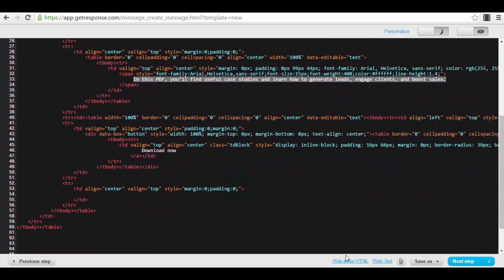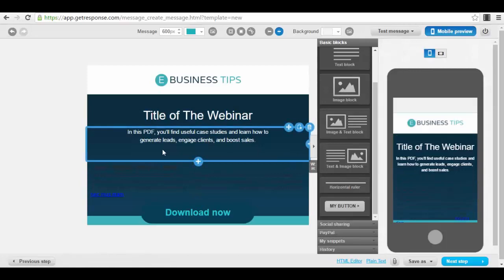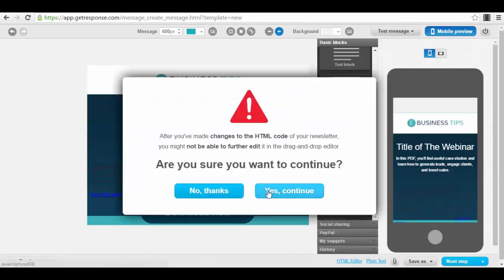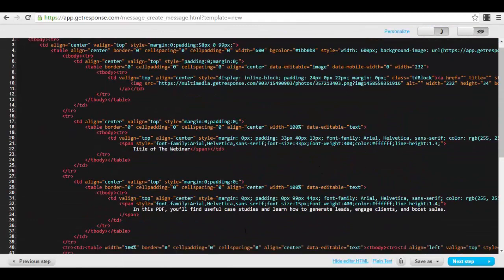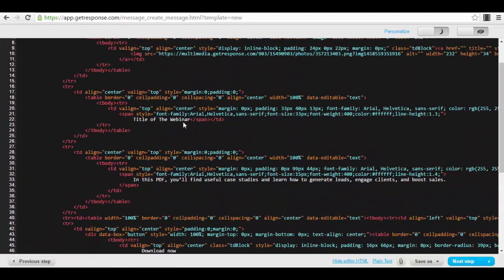Practically, you will use this as a checkpoint, so you can figure out where exactly to put the code. You just look here after this text. I don't know why it's not showing to us here, but in a normal case it should appear to you. And instead of that text, you copy here in the HTML version your frame of the webinar.